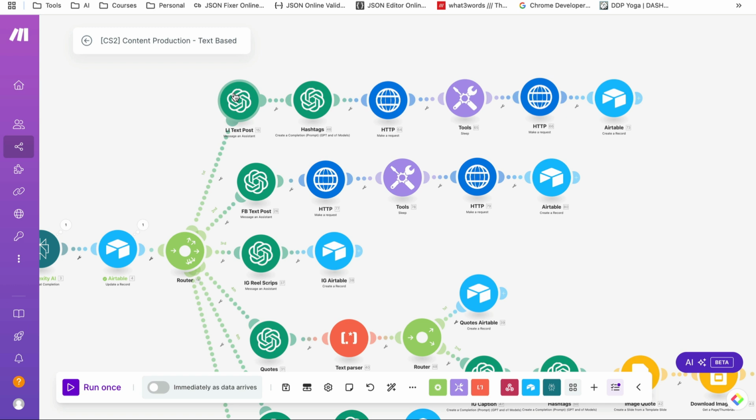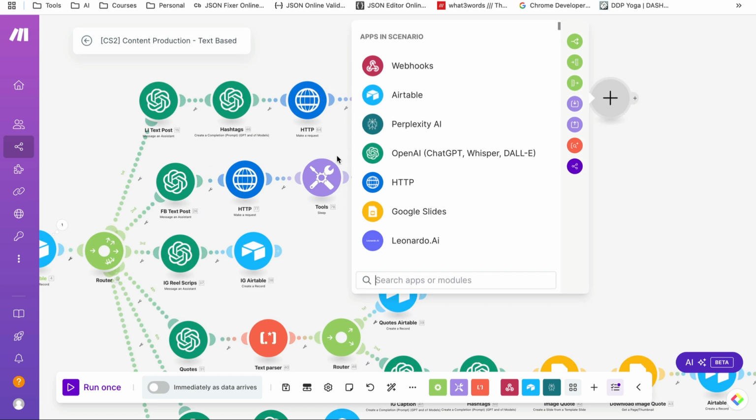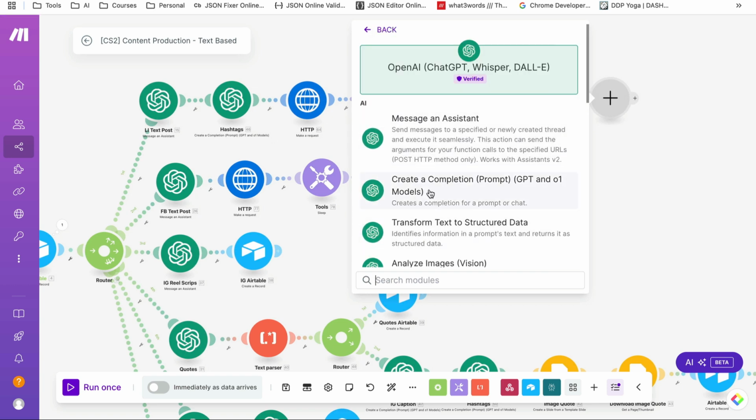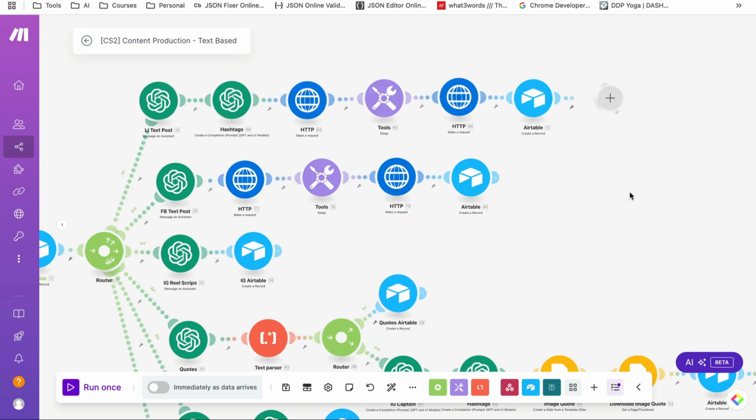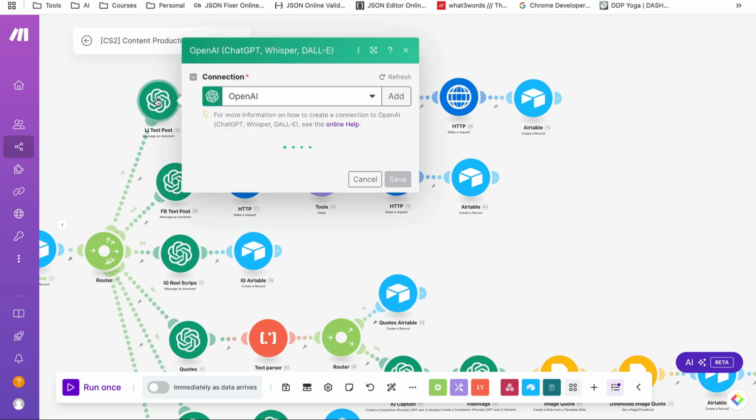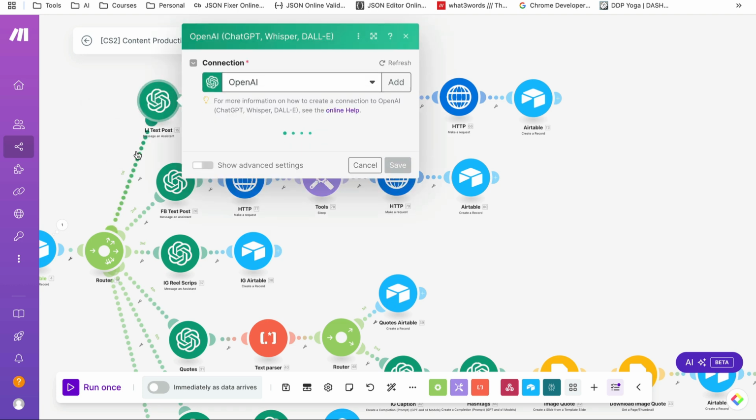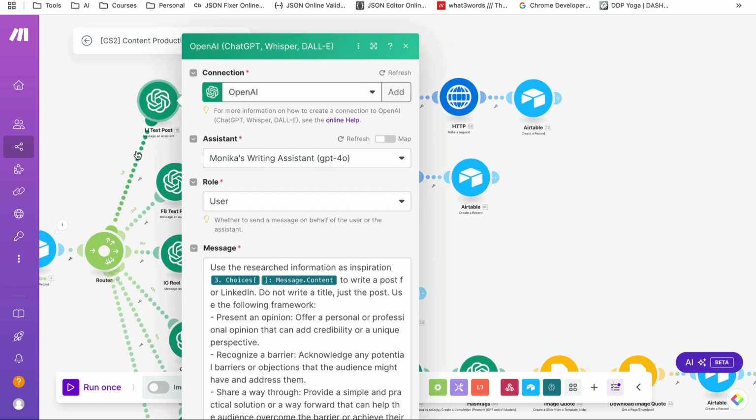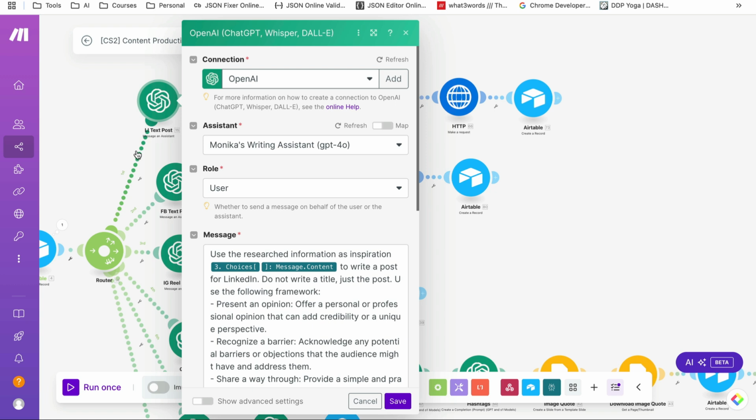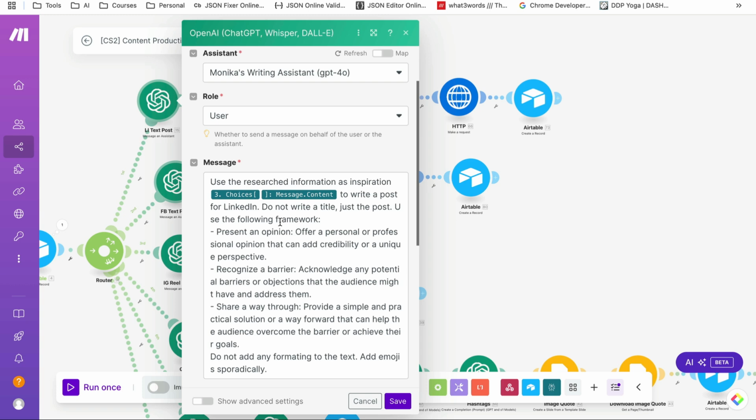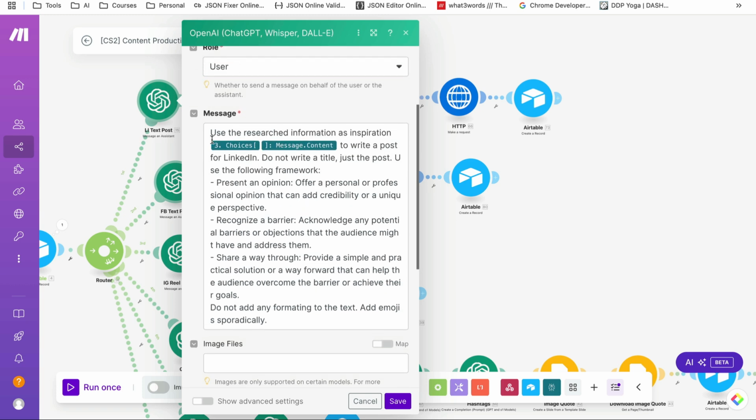If you don't have an assistant, all you need to do is just add a completion. And I'm just going to very quickly go through here. You just need to create a completion prompt. But basically, you will need to actually give it a bit more prompting, as in write in this tone of voice or use simple language or something like this. But because I'm using an assistant, I'm saying use the researched information as inspiration,